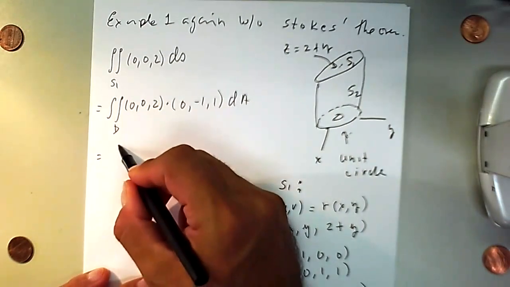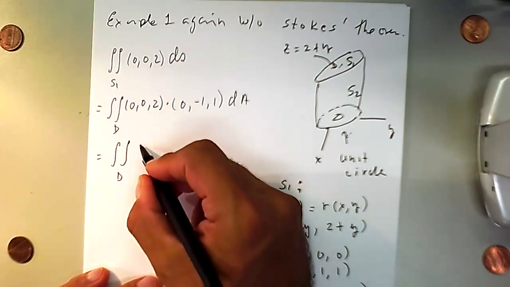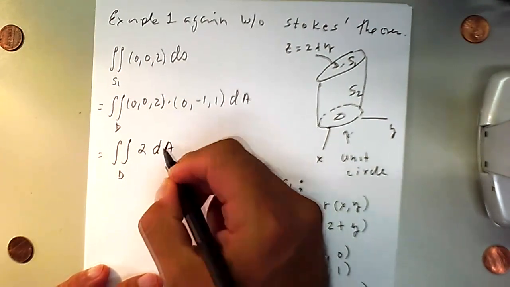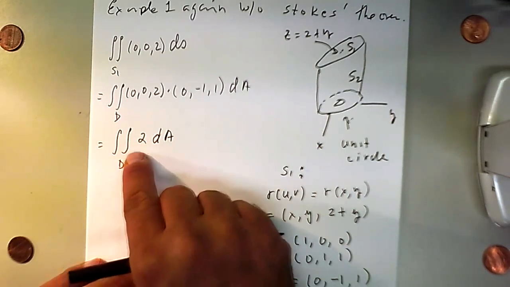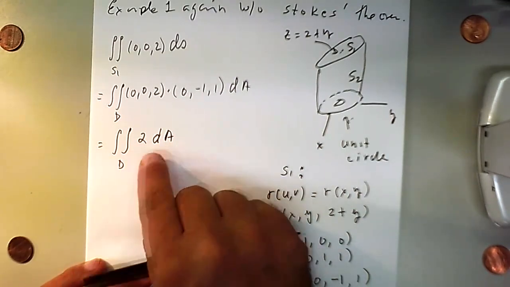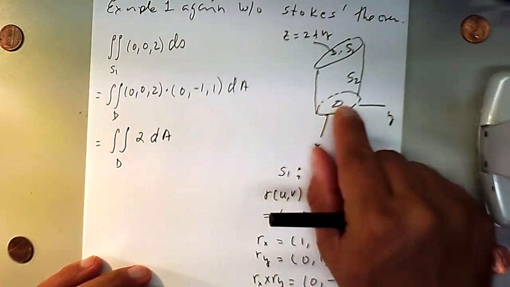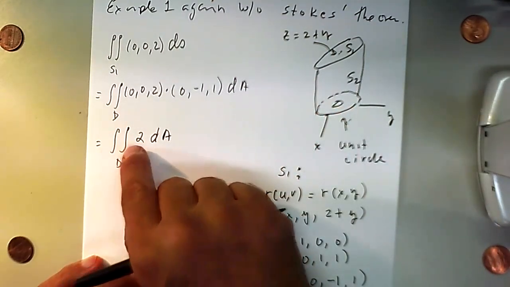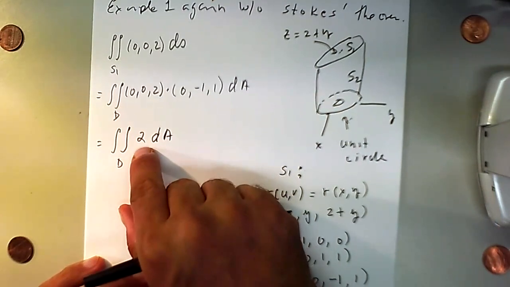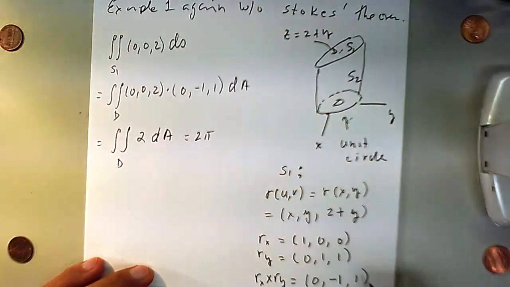But let's simplify our work. Well, this dot product is going to give us 2. So we can factor out the 2 and we just end up with 1. And remember, finding the double integral with respect to the area of a region is the same thing as the area of the region. So this is the unit circle. We know the area is pi. And so when we factor out the 2, we're just going to end up with pi for the double integral times the 2 that we factor out. So the answer would be 2 pi, which makes sense